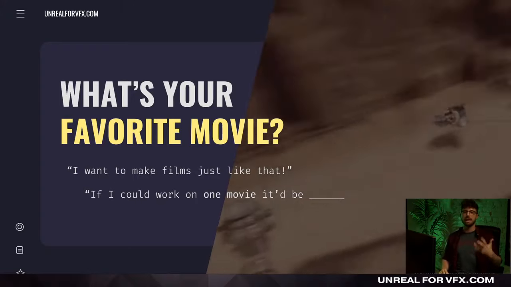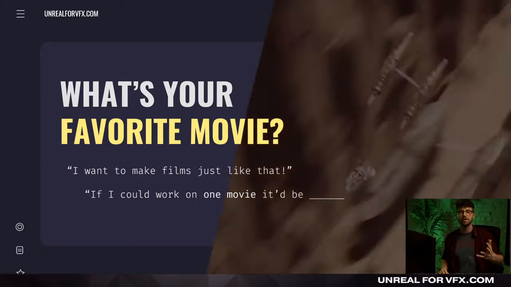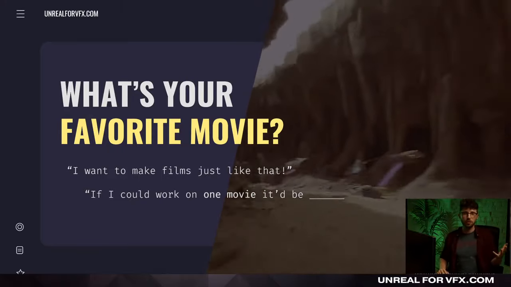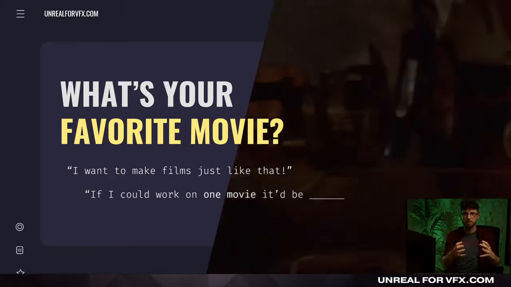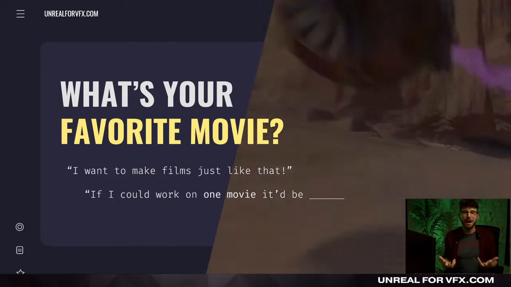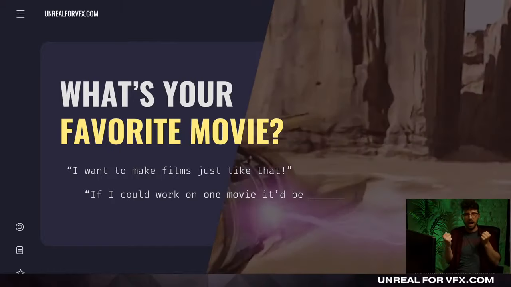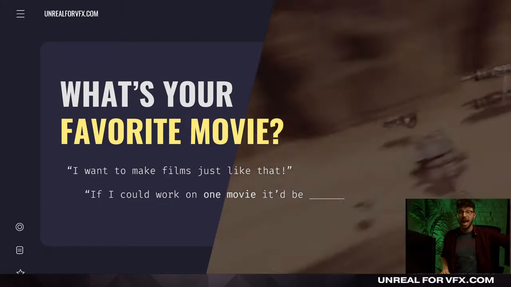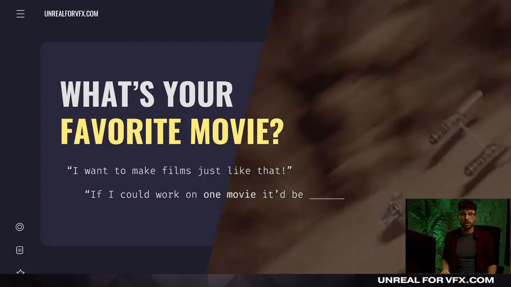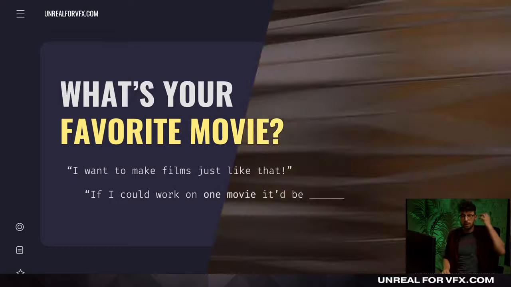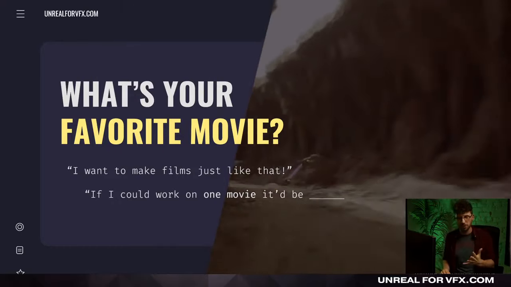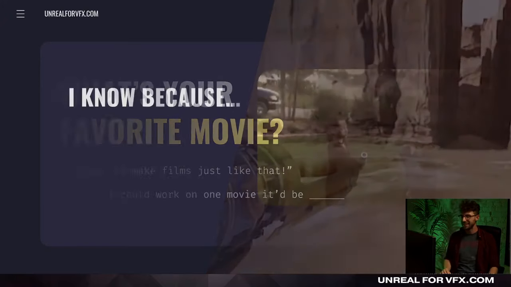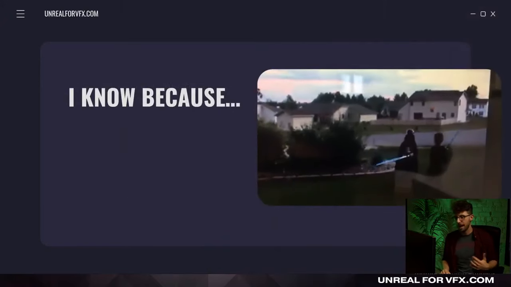But that was such a foundational piece where you could see the behind the scenes. You could see how these people made it, and it wasn't done in some factory. It felt real. It felt tangible. And if I could just find out what the recipe was, it felt like, what's stopping me from working on these teams? What's stopping me from working at ILM or working on movies like Star Wars? And even from a young age, at like 6 years old, I was obsessed with this idea. I was on YouTube from like 2007, from the very beginning, and I was trying to figure this out from the beginning.